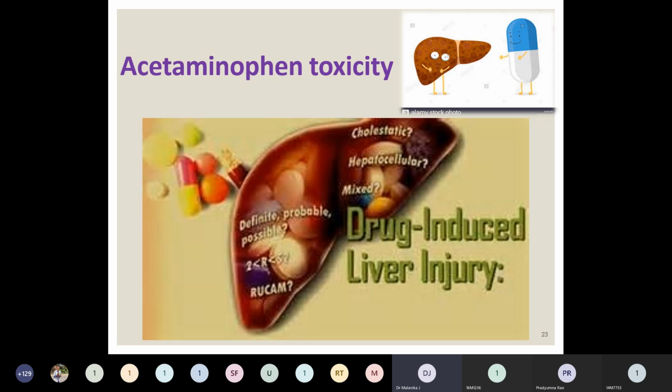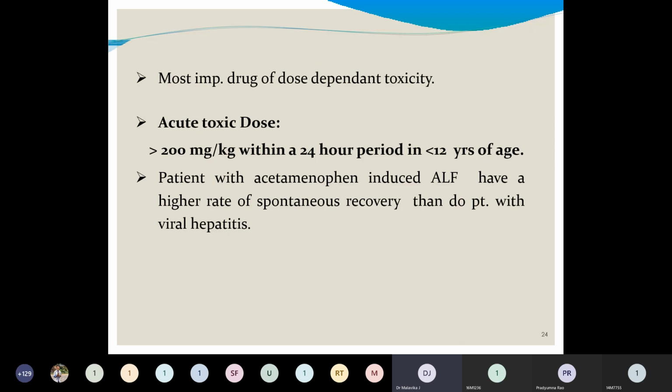So I'll be discussing two components which are important in the pediatric age group, that is acetaminophen toxicity and Wilson's disease, briefly. One of the drugs causing acute liver injury is acetaminophen, that is paracetamol. It is the most important drug with dose-dependent toxicity. The acute toxic dose will be more than 200 milligram per kg within a 24-hour period